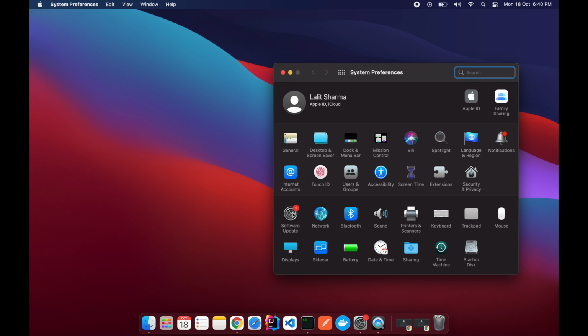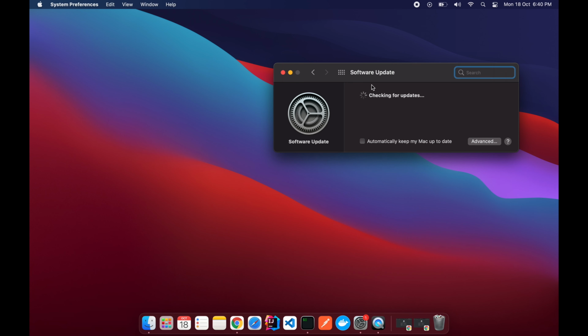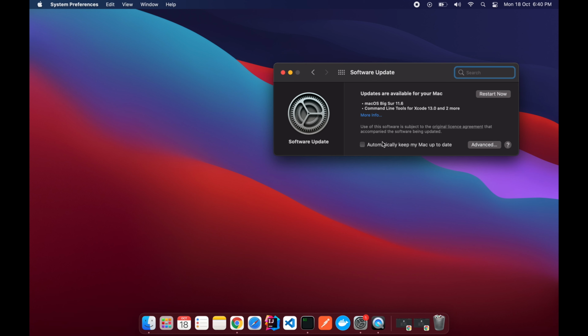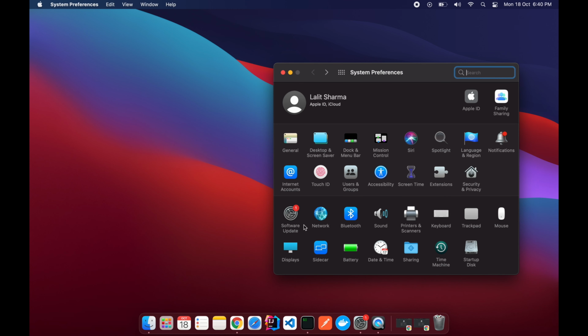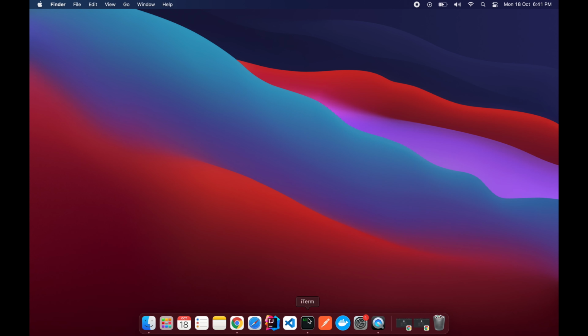Alright, I know that you're tired of seeing the red notification bubbles on the dock of your MacBook, like me. That's why I felt I needed to help the people who are also feeling the same way about getting rid of these red notification bubbles from System Preferences on the dock. So no worries, I'll be helping you get rid of them.